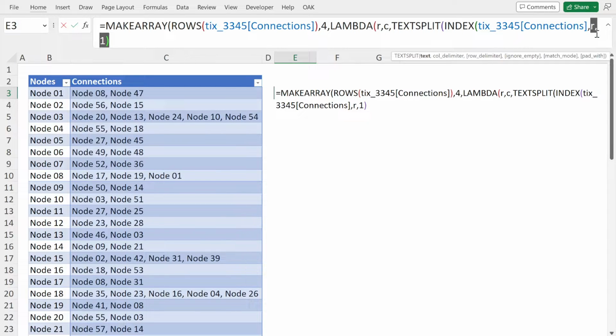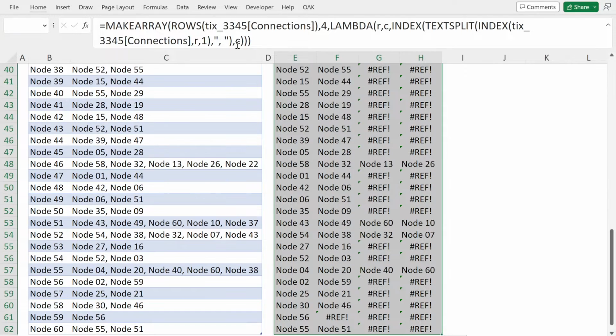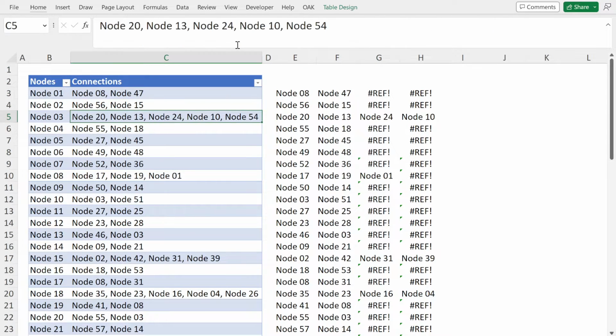a 1 argument index. It helps to give 2 arguments, because then it understands that it's just a value and not an array. It's a little complicated and technical. Like I said, not going to get into it now. TEXTSPLIT that by comma space, and then we're going to index on that, comma C, and then close, close, close, and that gives me exactly what I want, except that here I've got